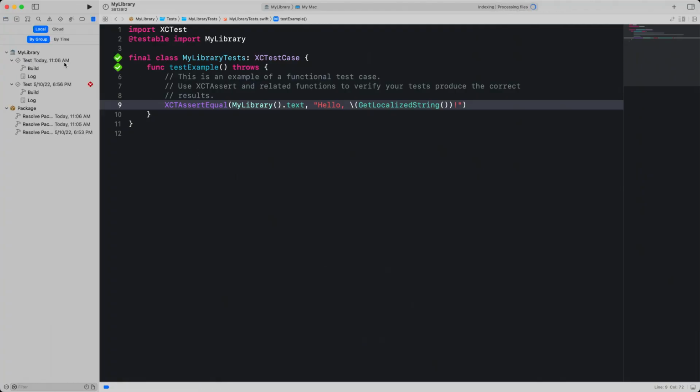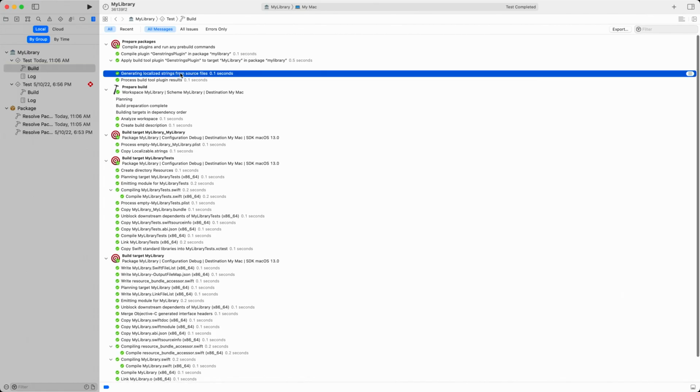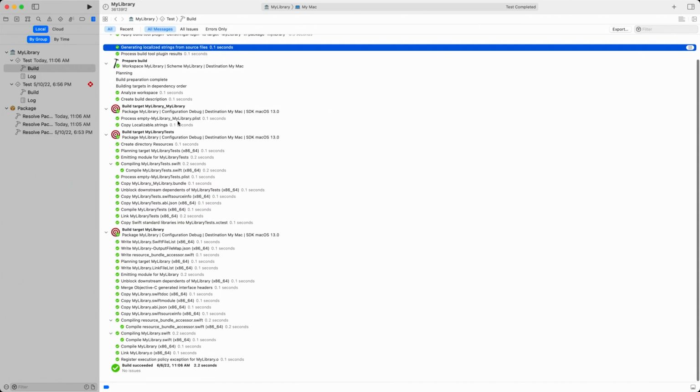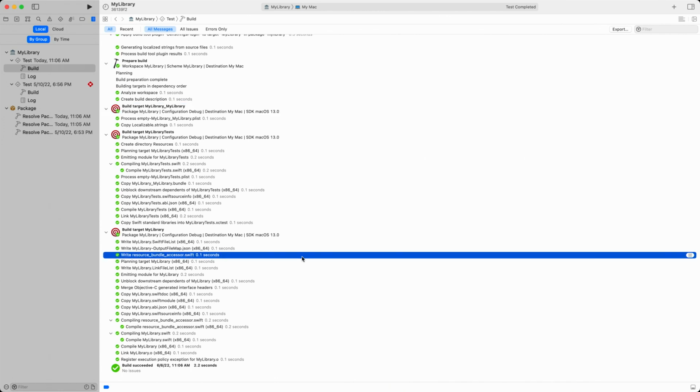And if we look at the build log, our plugin gets executed at the start of the build, and the generated files get added to our target. So we're getting a resource bundle built and a resource accessor being generated, just as if the resource was part of our target from the beginning.